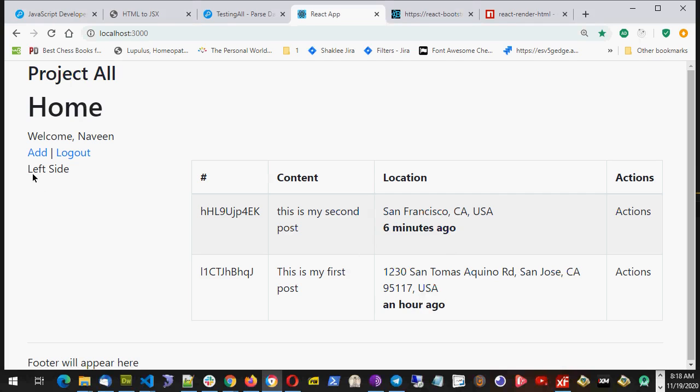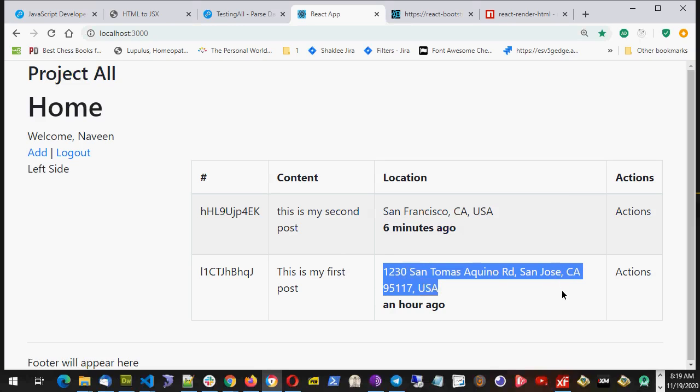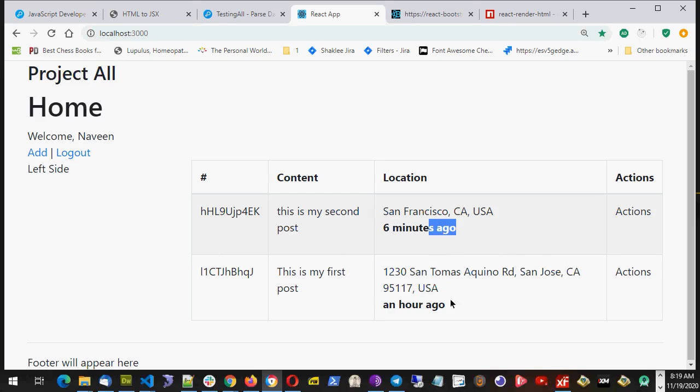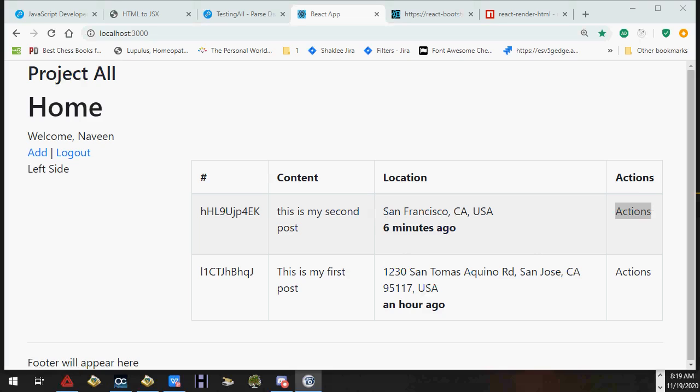And in this project we have to do a lot. We have to add the search part on the left side. We have to do pagination. We have to show the distance. So if I choose some location, how far is this location from me? I should see 10 miles far or 5 miles far, something like that. And I should be able to add, edit, delete, show the detail page, and all those things we will do in a few days. So for today,